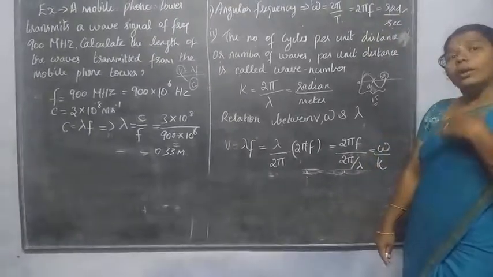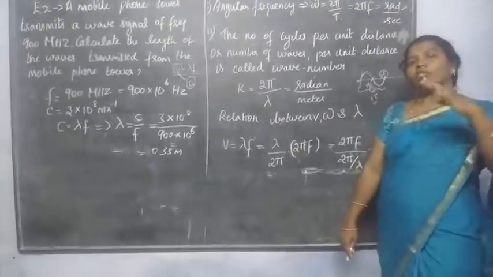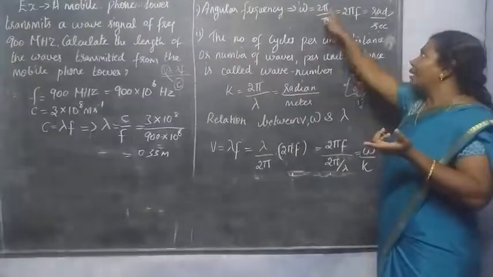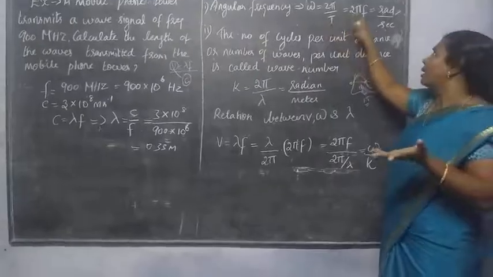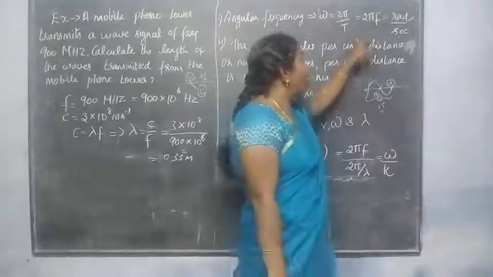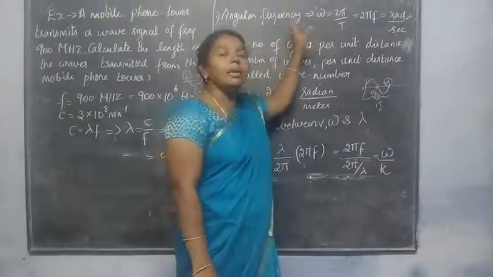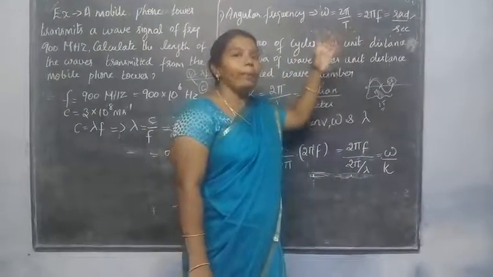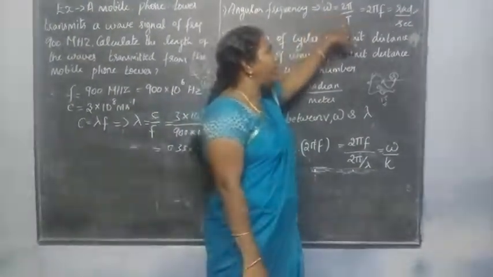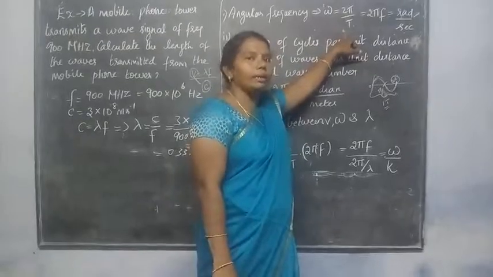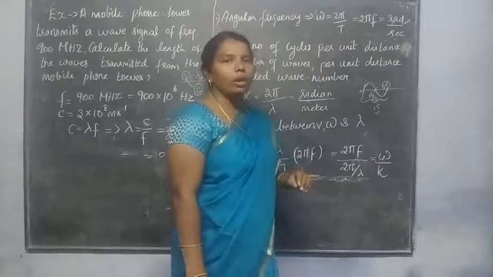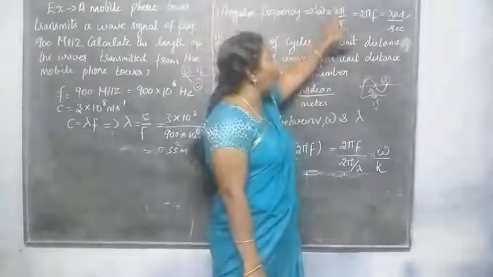Okay. And also you can write the angular frequency formula in terms of the frequency. See, 1 by T is equal to frequency, so I am taking that as f. Can you got it? So what is called angular frequency? It is the number of phase cycles flowing per second, that is, 2 pi divided by T. You know that T is the time period, and the time period is inversely proportional to the frequency. So I am writing that 2 pi into f.